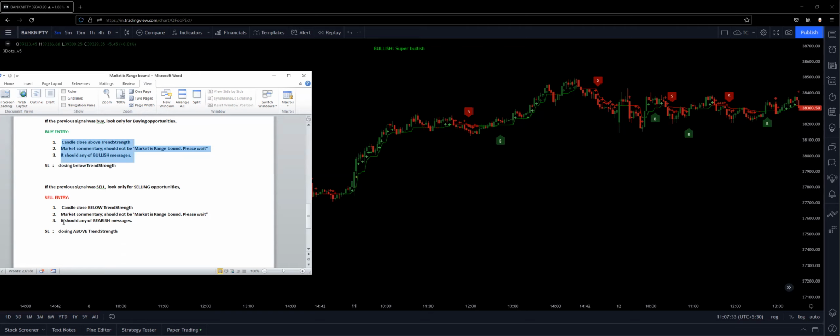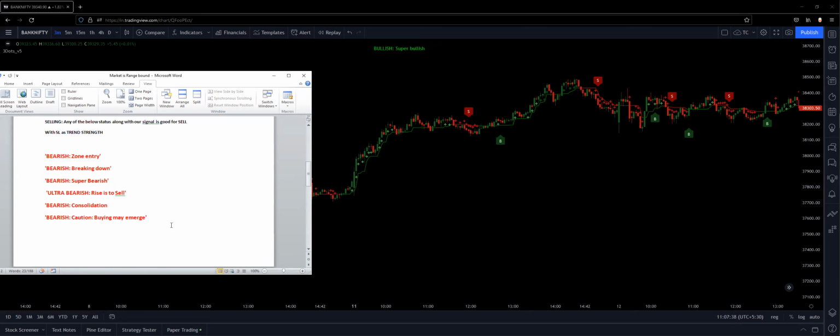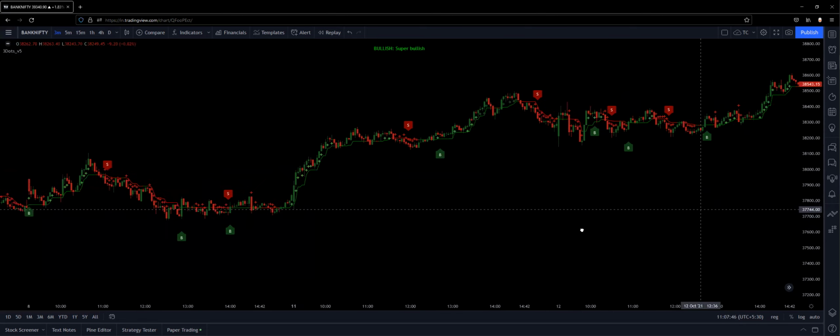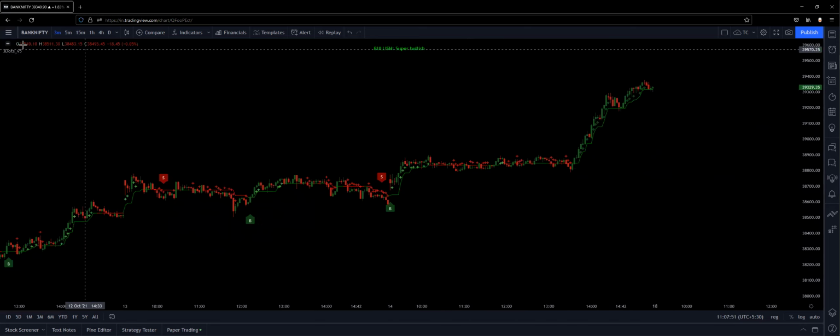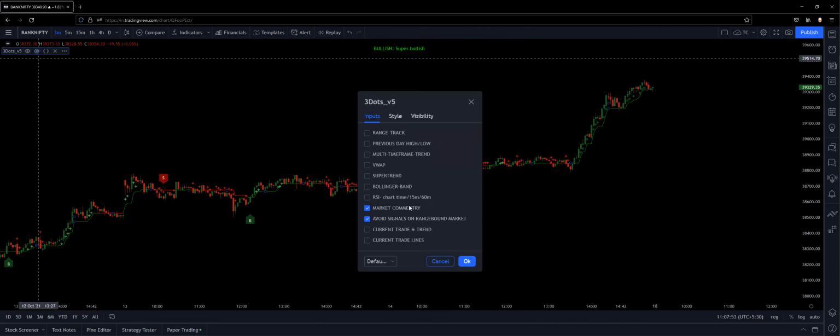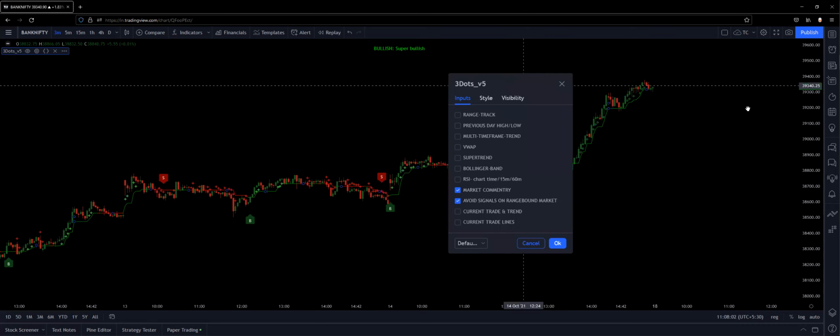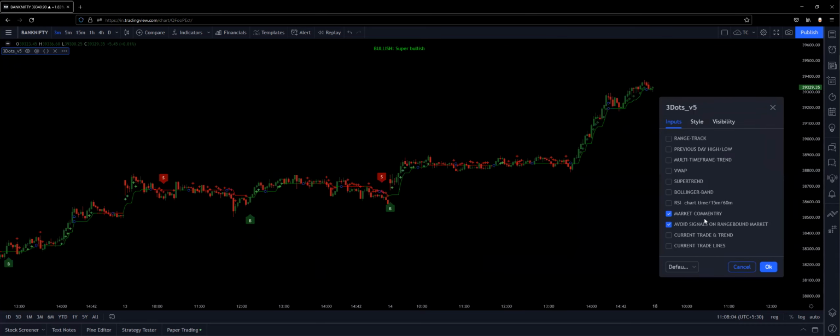Third condition is it should be any of the bearish messages, right? Any of these it should have in the market commentary. Then only you can go for a sell trade, right? Hopefully that clarified when to buy and when to sell when you enable the avoid signals on a range bound market, right? These are the two additions which have been brought in this version,